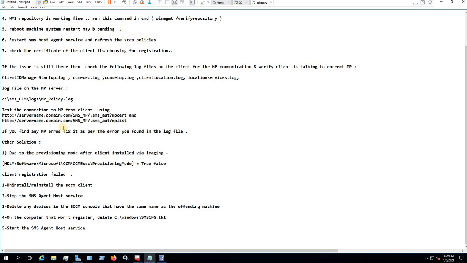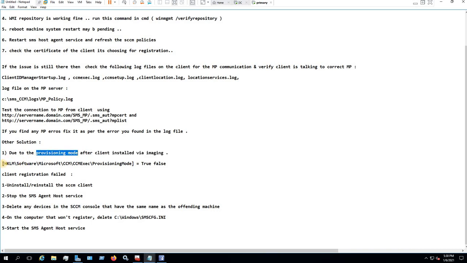And there are some other solutions also. Sometimes when a client is installed via imaging, the client actually moves into provisioning mode.